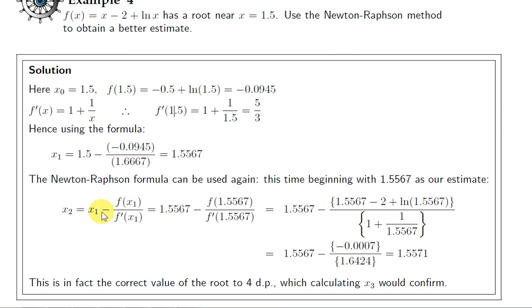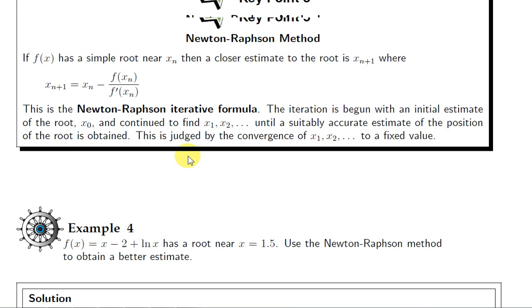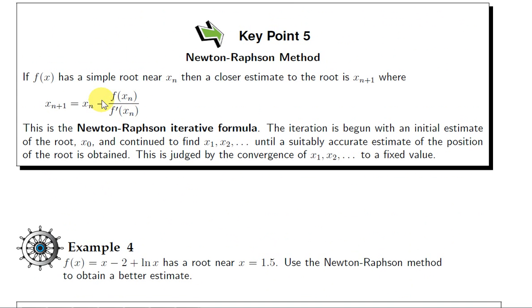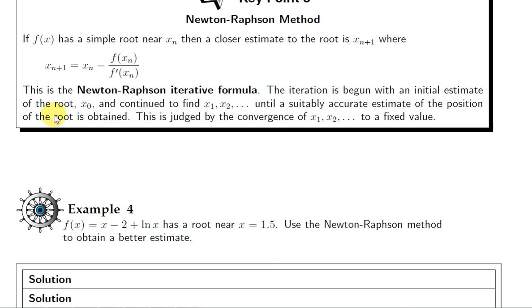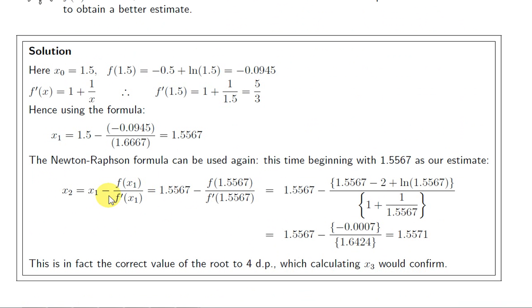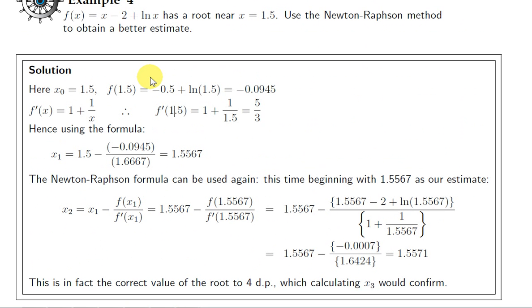Now we can use the Newton-Raphson method again. Here's x1. If we go back to the formula, we let n equal 1, so we're plugging x1 into the right hand side, and we're going to get out x1 plus 1, or x2. So here's the situation with n equal to 1 in the formula. We plug in x1, which is 1.5567. We have to get f of 1.5567, and the derivative of f at 1.5567. So there's f of x and there's f prime of x. We just plug in and solve that,